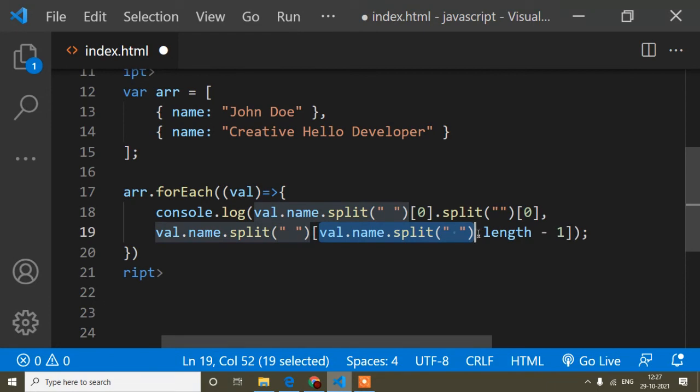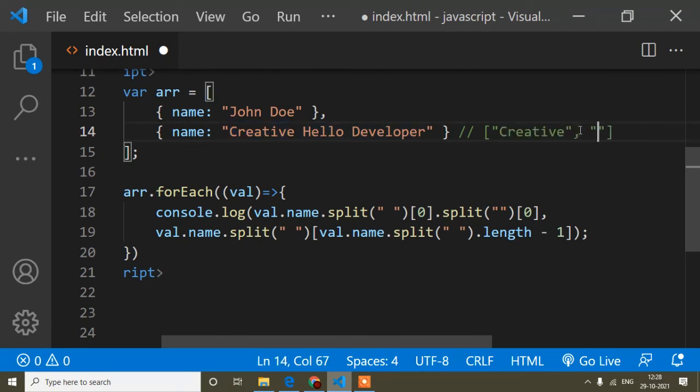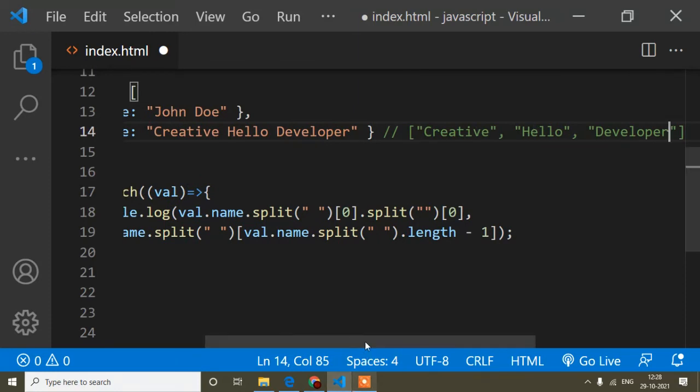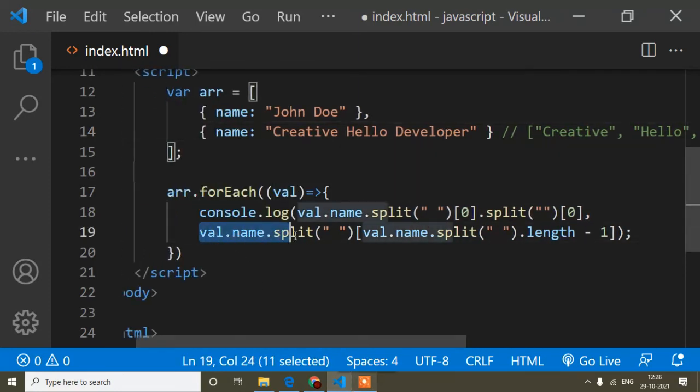After that I'm just taking the length, and length means, suppose assume this one, when I'm writing up to this code, it's creating an array like this way, this one here comma, this one hello, then this one. Okay, just for this code I am getting like this.